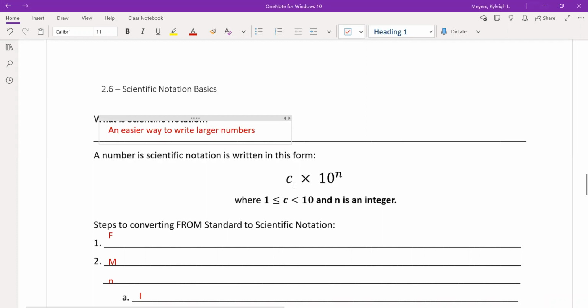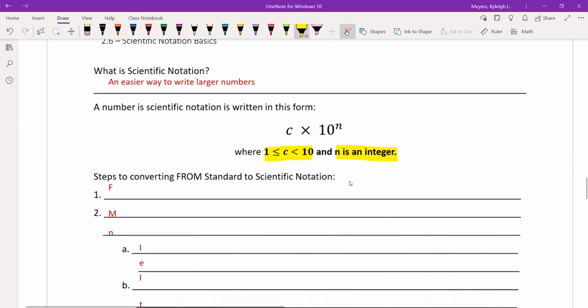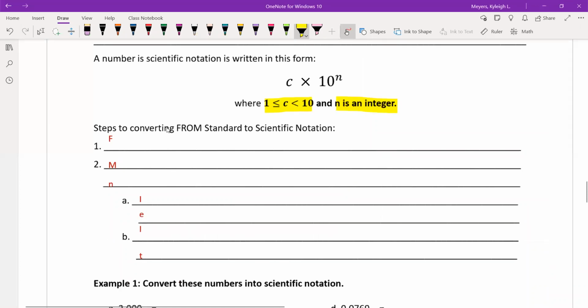It's written like this, where C is a number between 1 and 10. So that's super important, that C is a number between 1 and 10. And N is some number, right? Because it's the exponent. Okay, so here are some steps for converting from standard, so regular numbers like 1 billion, to scientific